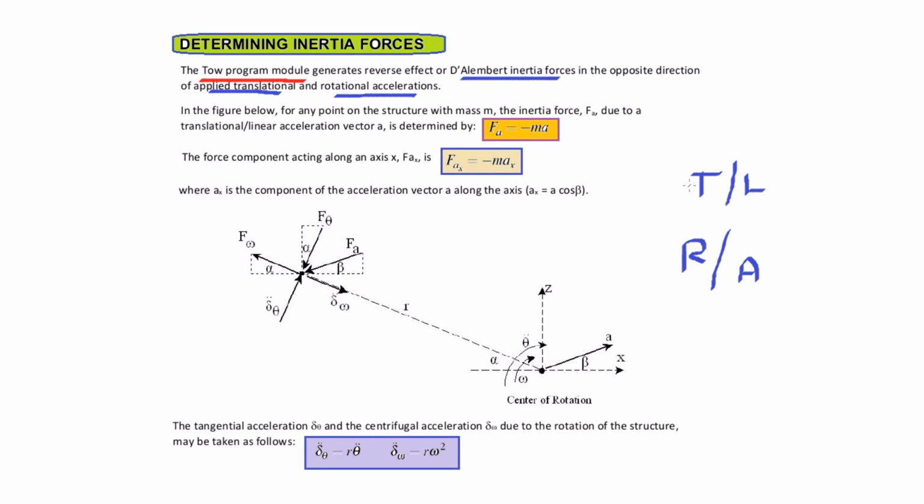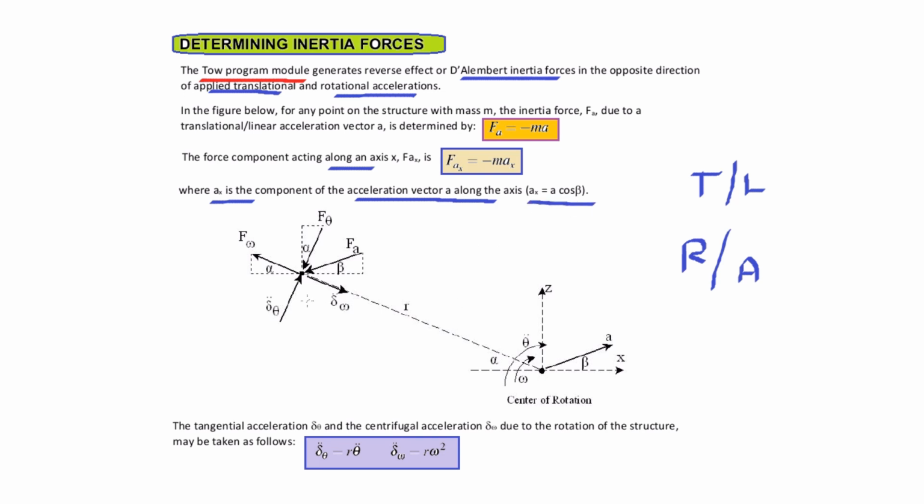These translational linear accelerations, in the figure below, if you see it, for any point on the structure with a mass m, the inertia force Fa due to a translational inertial acceleration vector is determined as Fa equal to minus m times a. That minus is the reverse direction, m is mass, a is the acceleration. The force component acting along the x-axis is nothing but Fax equal to minus max, where ax is the component of the acceleration vector along the x-axis, that is ax equal to a cos